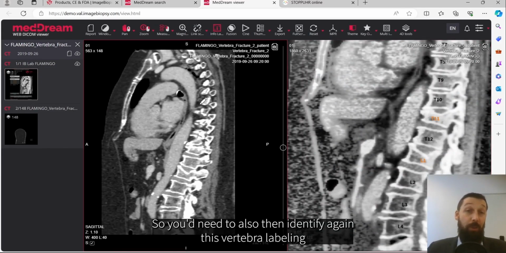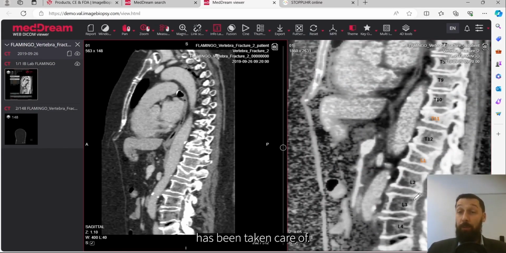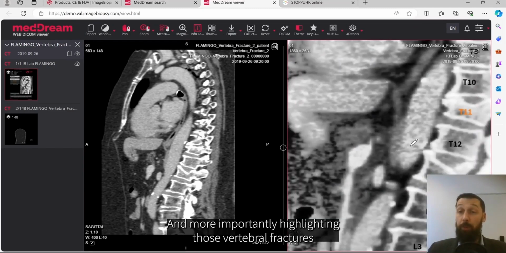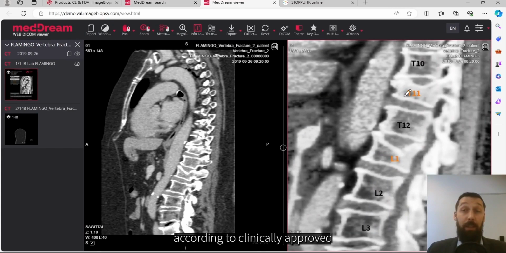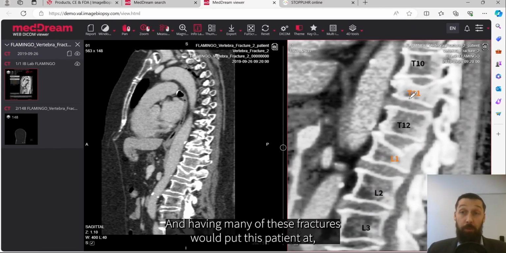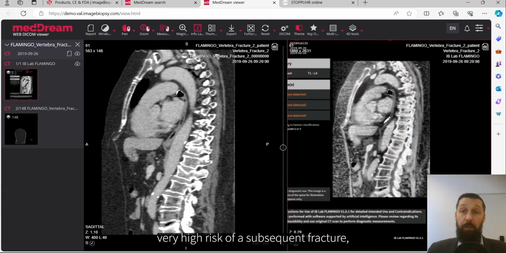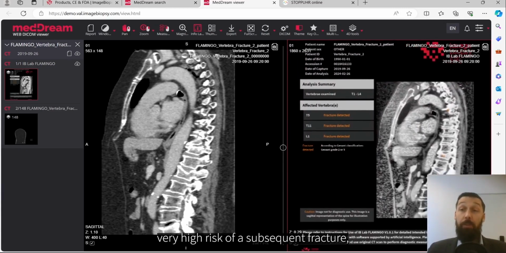So you need to also then identify, again, this vertebral labeling has been taken care of, and more importantly, highlighting those vertebral fractures according to clinically approved scoring systems. And having many of these fractures would put this patient at a very high risk of a subsequent fracture, for example, of the hip, or